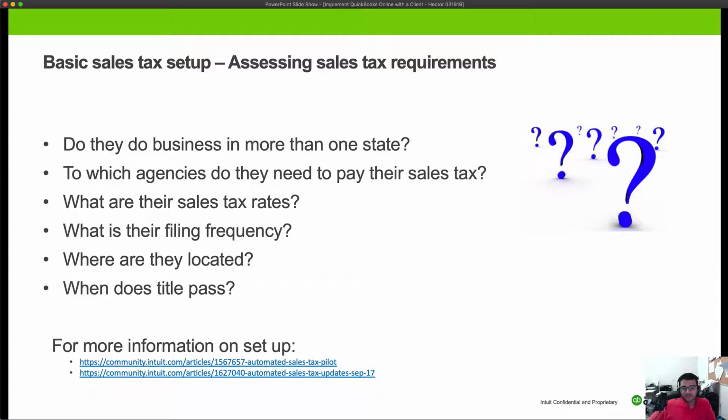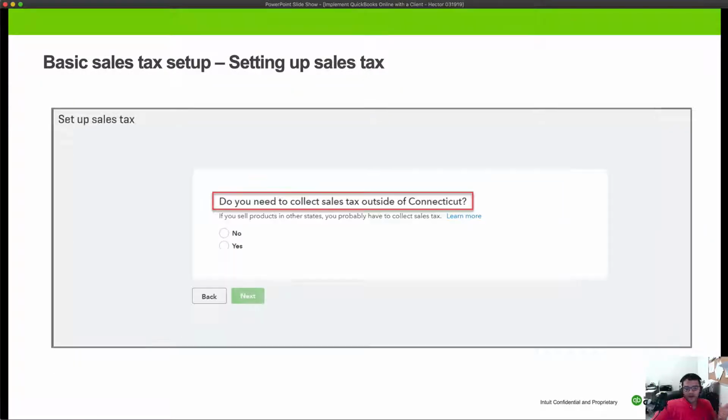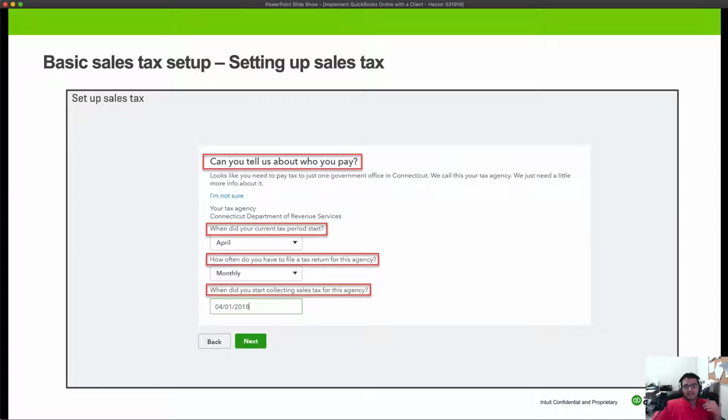There are some articles here on the slides that you can read about what QuickBooks is doing in sales tax and some suggestions on sales tax. So the process of setting up sales tax, basically you're going to enter your address. You're going to enter whether or not you collect sales tax outside the state, so you can tell them which are the states. You're going to tell them the tax period, so are you a quarterly or monthly payer? When does the period start? I know in Florida we have calendar quarters, but in like New York they have these weird quarters that are not like January through March, right? So you have to tell it